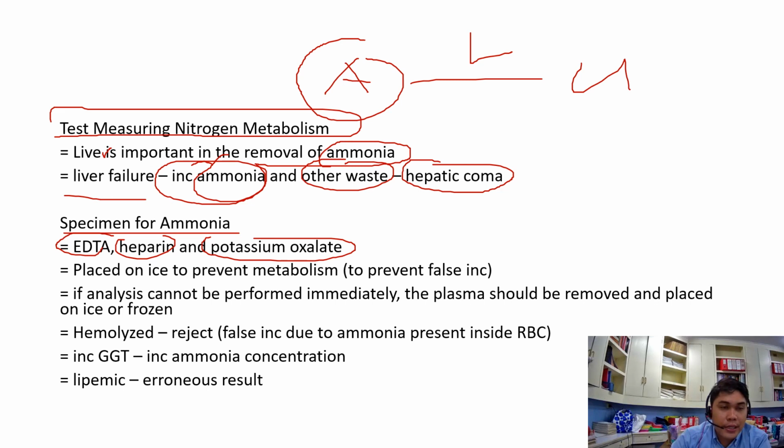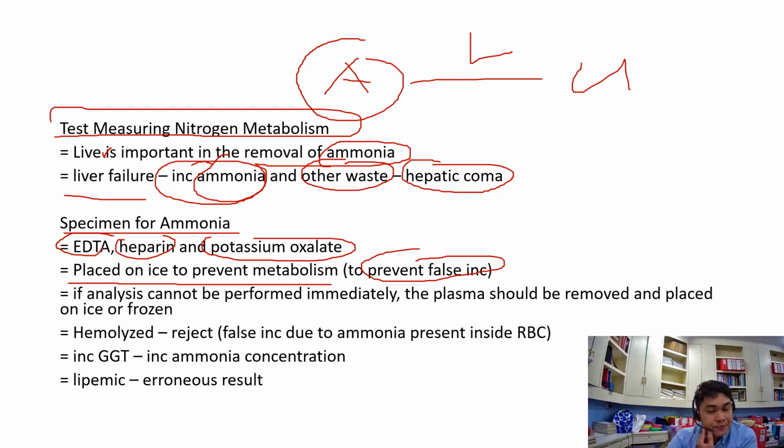Then next, place the sample on ice to prevent metabolism, or to prevent further deamination. Okay, because not putting your sample in a slurry of ice water can cause further deamination, and the effect of that is false increase in your ammonia, because ammonia is a product of deamination